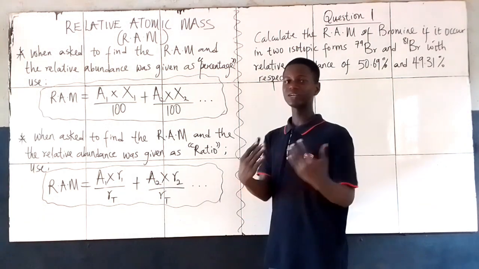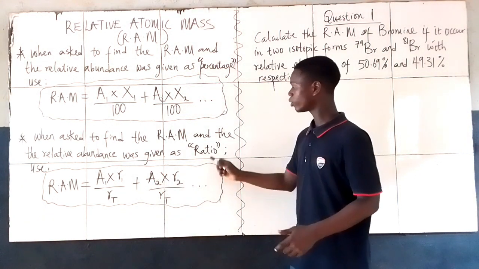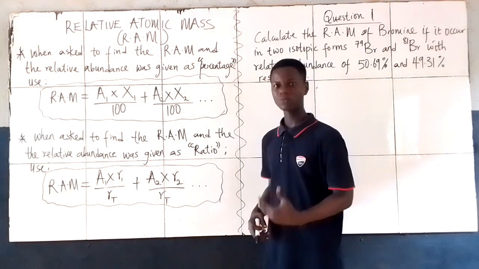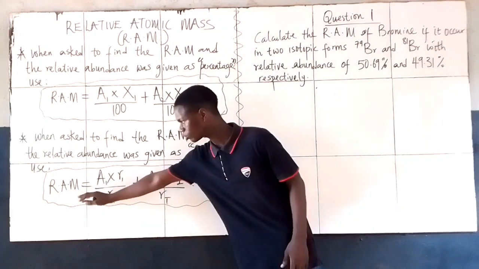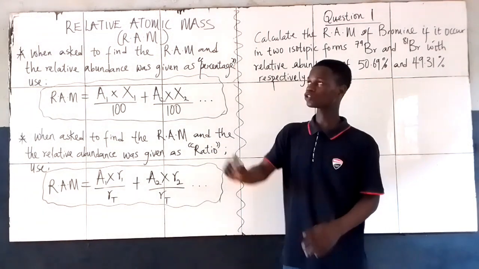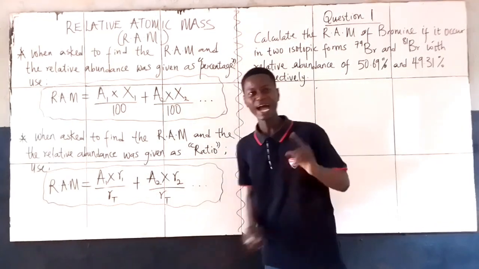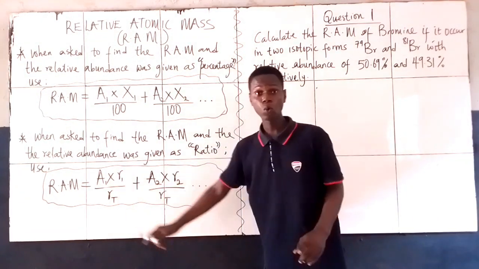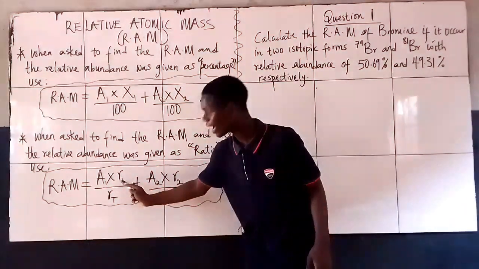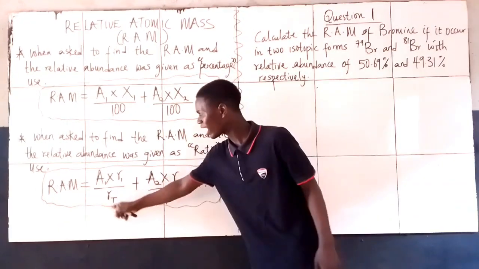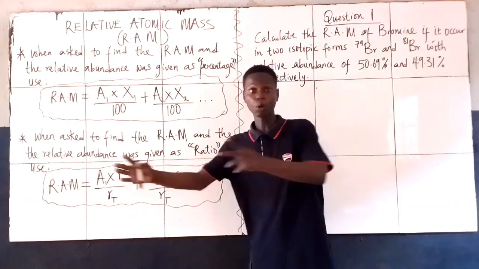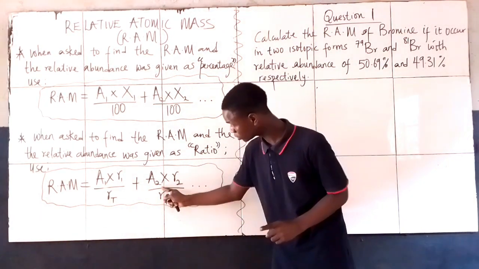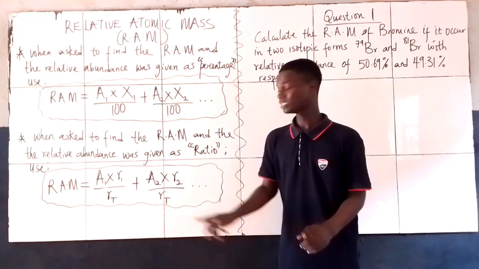Now, what if the relative abundance was not given as percentage, but as ratio? What would be the formula you use to get the R.A.M, that is the relative atomic mass? The formula will now be relative atomic mass equals A. Remember, from the atom, A is the one at the top and it represents what? Atomic mass, or you say mass number, but more correctly, atomic mass, times ratio 1, that is the ratio of the first isotope, R1, over RT, that is the total ratio, that is you add up all the ratios to get RT, plus A2, the atomic mass of the second isotope, times R2, that is the ratio of the